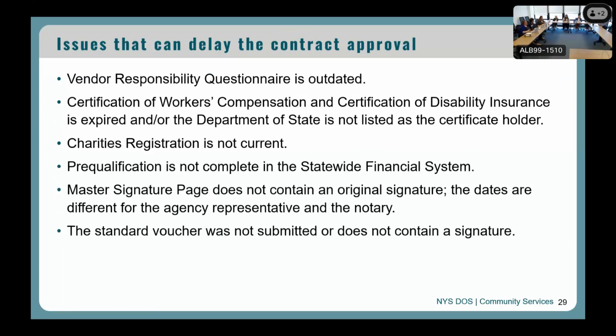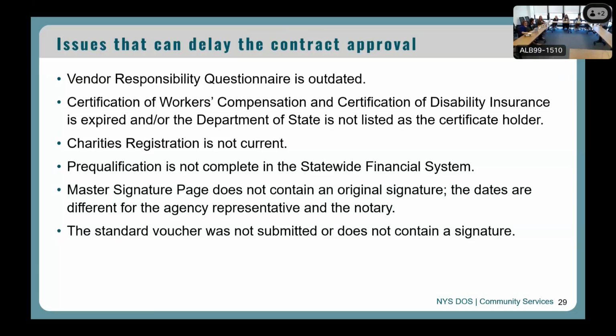Then next, we'll go over issues that can delay the contract approval outside of the attachments. That would be: responsibility questionnaire is outdated. Amy G is going to go over that next. Certification of workers' compensation and certification of disability insurance is expired, and or the Department of State is not listed